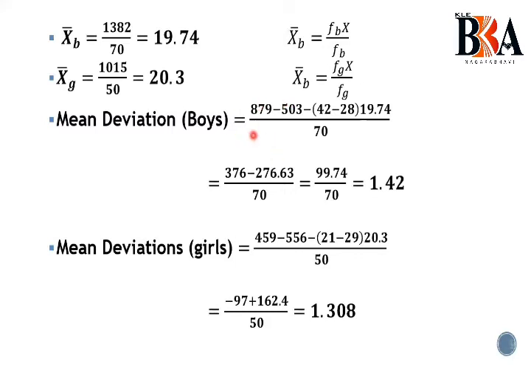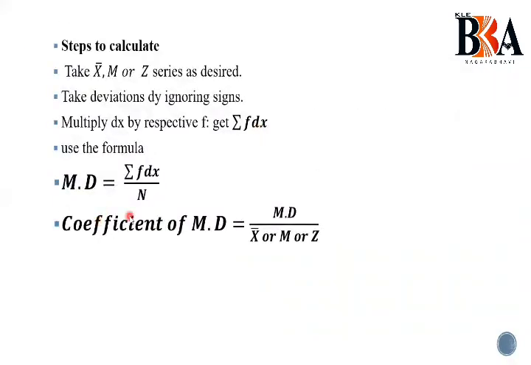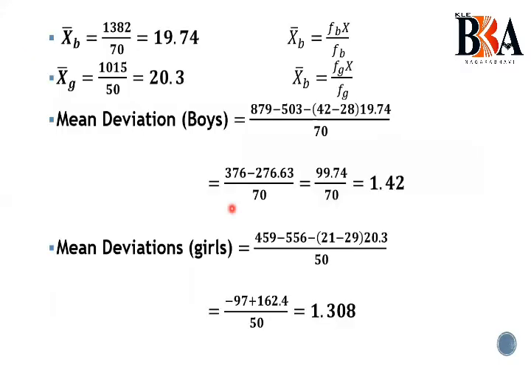So how do we get this mean deviation? Okay, first you need to know the formula for it. So we will see that formula. For getting that formula, I have already said you have to go for the step here, that is sigma fx, sigma x f. So this is the main formula I am using for your deviation. So how to solve this one?